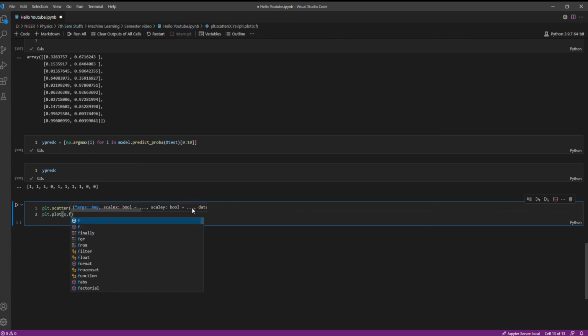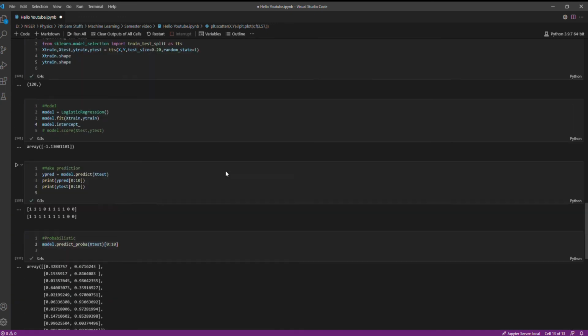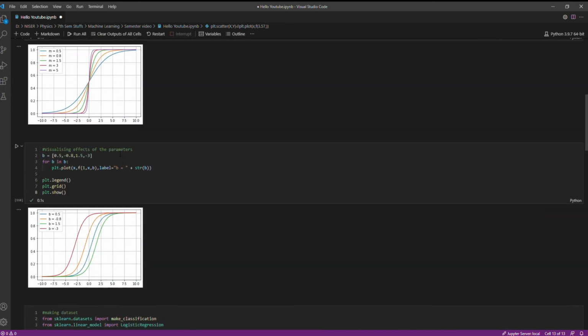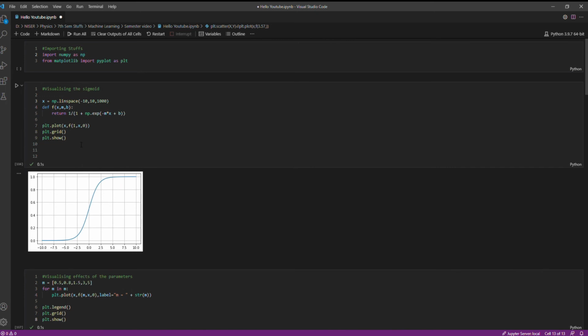F. This is a sigmoid. The first parameter is the m. The m we got is 3.57. The second parameter is our x. x is basically this x. This is commonly used to plot any function.